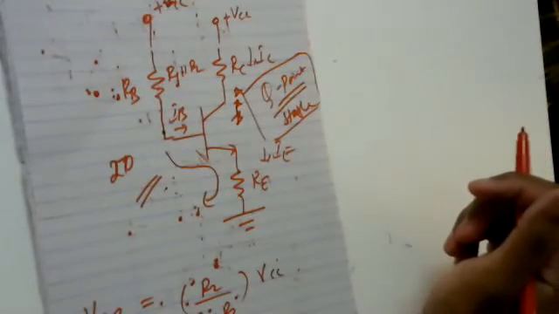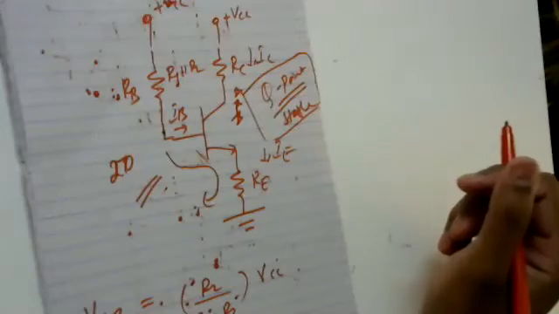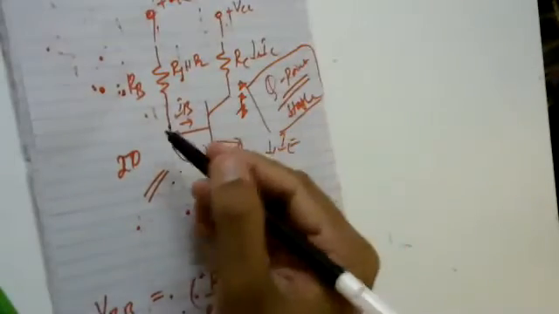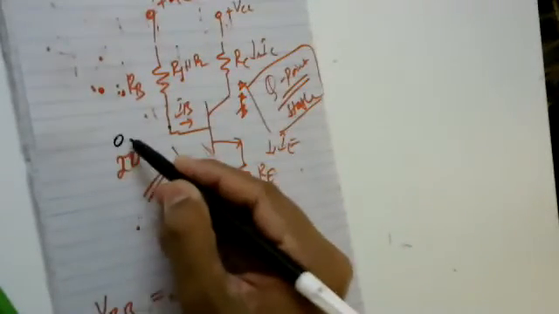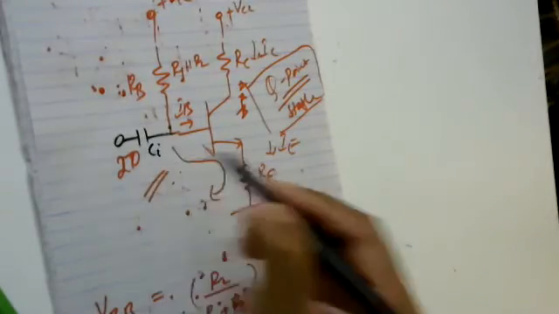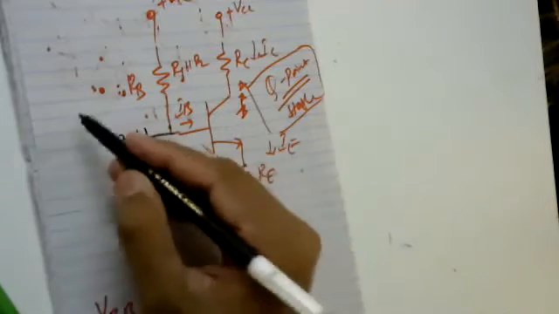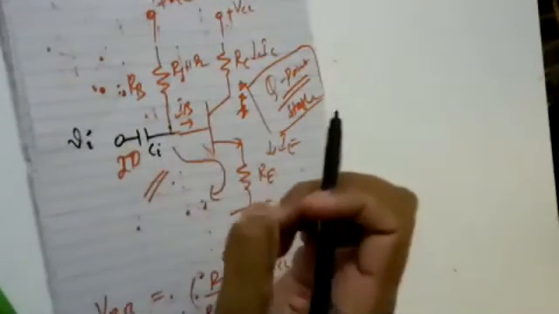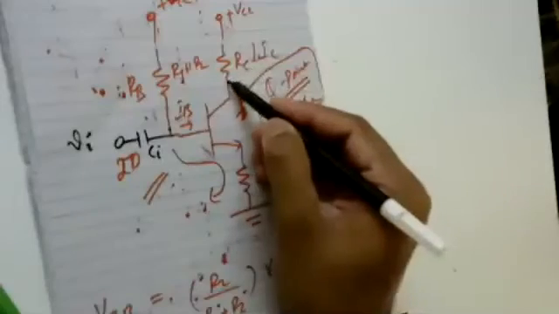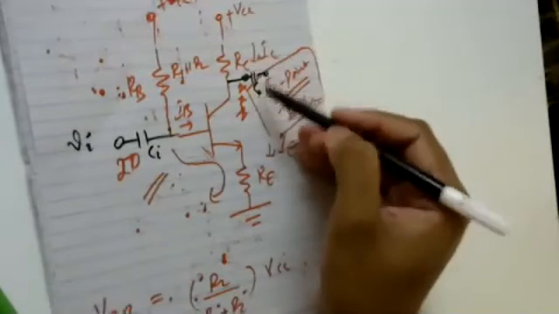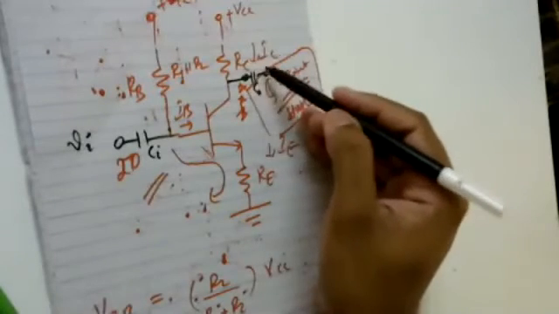Now, normally in case of our AC analysis, we just include the coupling capacitors on both the input side and output side. If I want to show that, then I can show over here the coupling capacitors. On the input port, this is my CI, an input coupling capacitor, seen on the input side. And the output coupling capacitor is seen over here. This is C out, one more coupling capacitor on the output terminal.